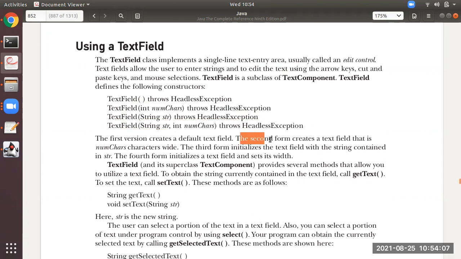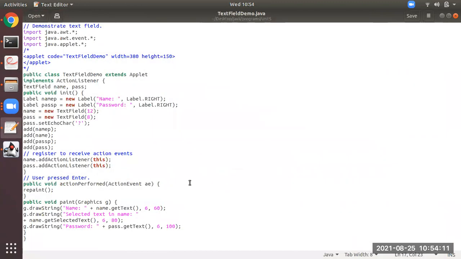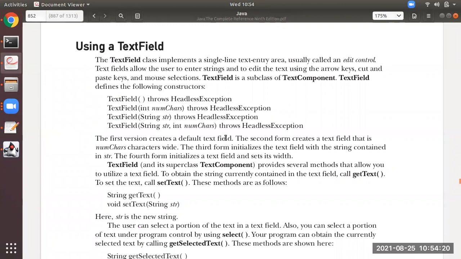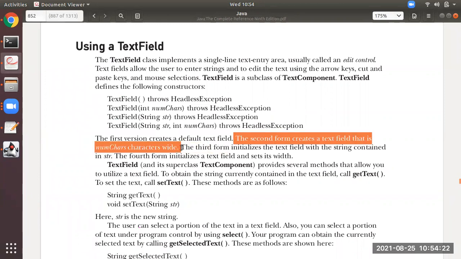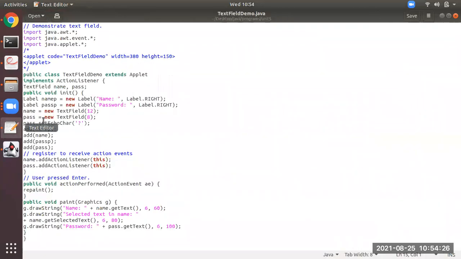So you can see the second form creates a text field that is num characters wide. So let's see in our program, we are able to see this one. This is the second constructor, what we have seen just now over here. Okay, the second form. Okay, students, that is what we are using in our program over here also.